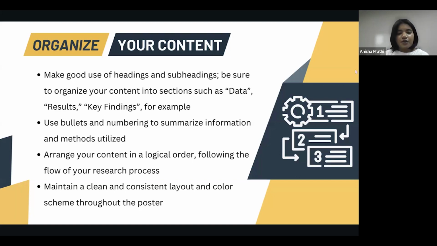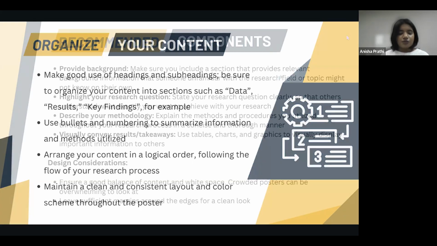So you probably want background, context, and motivation at the top left, and maybe results and acknowledgments at the bottom right, or something like that, depending on how you conducted your research. Make sure you use a consistent design scheme throughout your poster. Keep the layout and color palette consistent so that it all looks like it's part of the same poster.